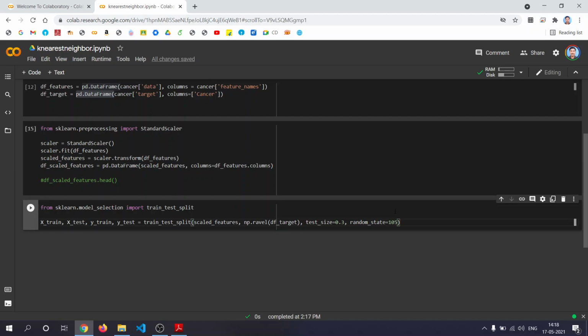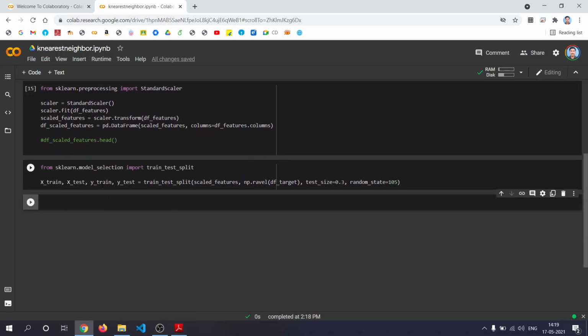Okay, so once it is done, now you import your KNN library from sklearn.neighbors.